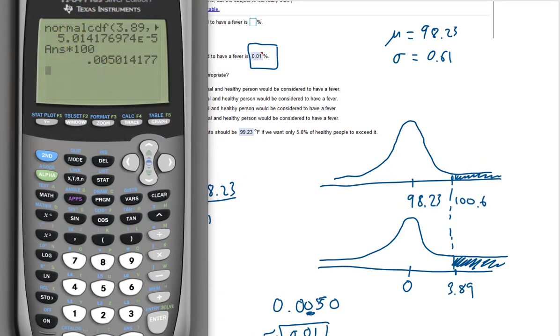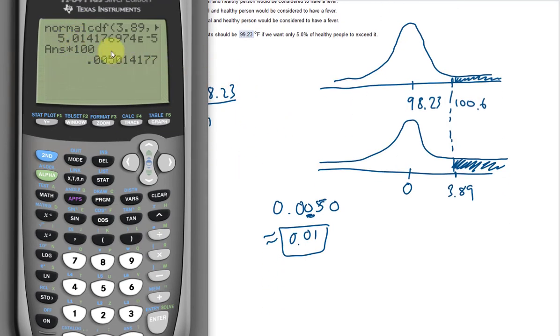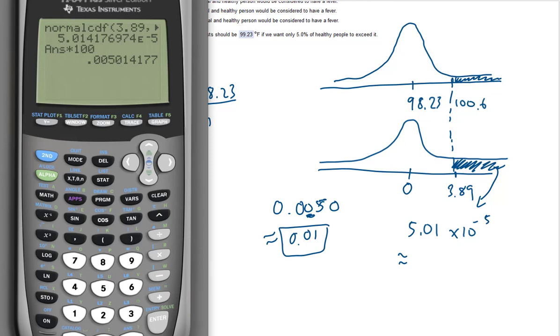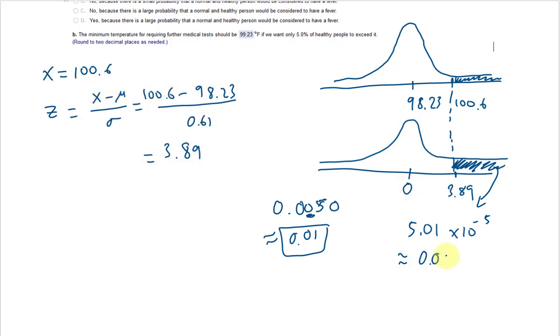We know that the probability that we found earlier, the area, is 5.01 times 10 to the minus 5. If you rewrite using decimal point, you would get 0.00005. And because this number is less than 0.05, so from chapter 4,